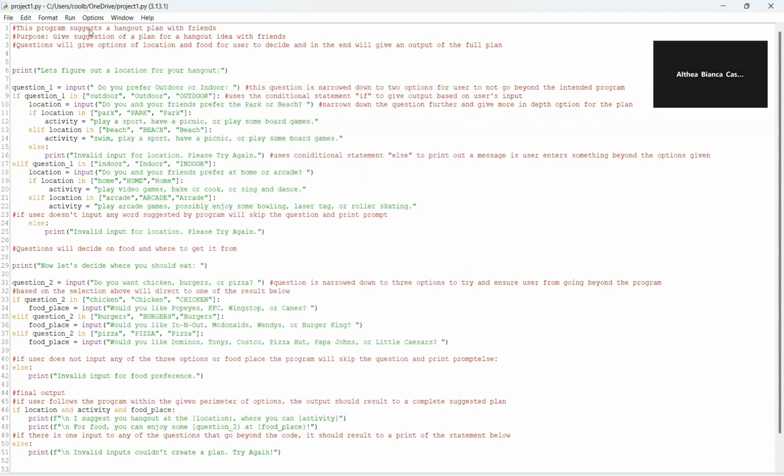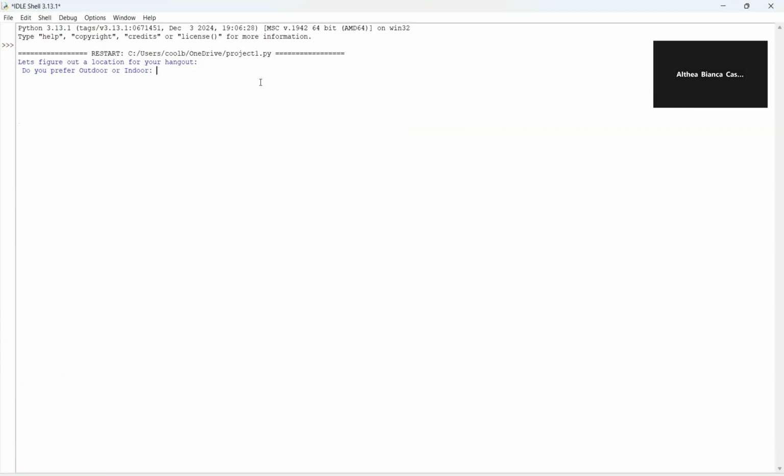Finally, let's run the program how it's supposed to be run by the user.